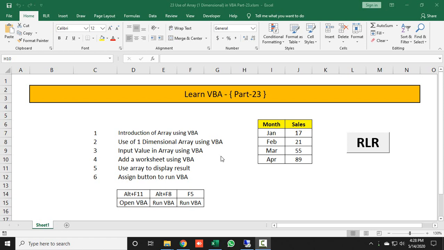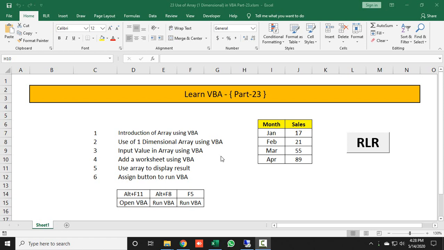So first let's learn what is array, and then we will start our coding. Array is the combination of all types of variable. It means if you want to declare multiple variables, let's say 20 variables, then it is not possible to declare each and every variable step by step.